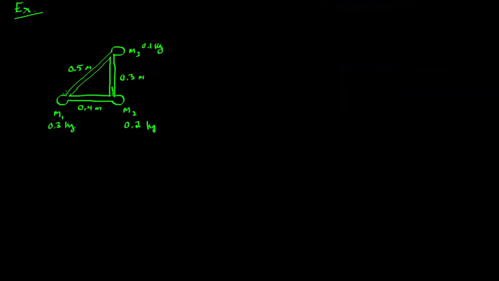Okay, let's look at this. So suppose we have three masses connected with massless rods. So we don't care about these rods, it's just these three masses. And we're going to look at the moment of inertia, or rather the kinetic energy, for a couple different situations. So the first one, let's say that the axis of rotation goes through mass 1, coming out of the page. So this thing will rotate like this. So what we want to do is find the kinetic energy for the system, which would be